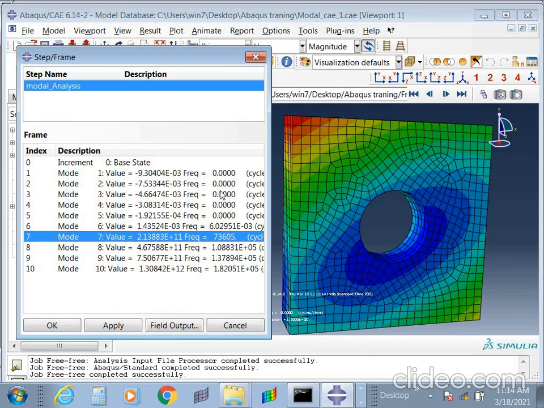If 2 bodies or 3 bodies are free, each body will have 6 degrees of freedom, so 6 rigid modes. So if 3 bodies or 2 bodies are free, that gives 12 rigid modes. That means all the